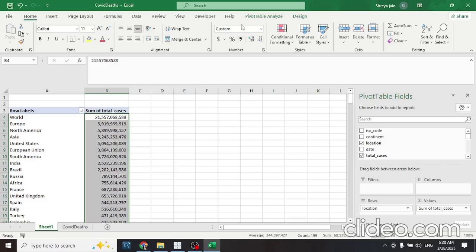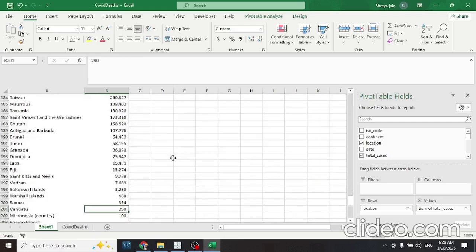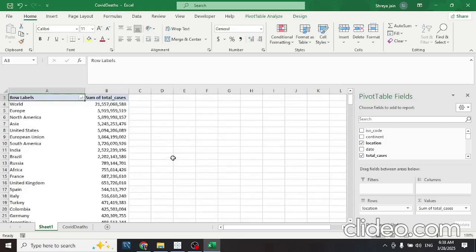Okay, so we did it custom because we removed the zero, so now it is a custom format. Now you would be able to understand what the exact total cases are. Okay. In this way we can create different pivots, like if we want to see how many new cases are